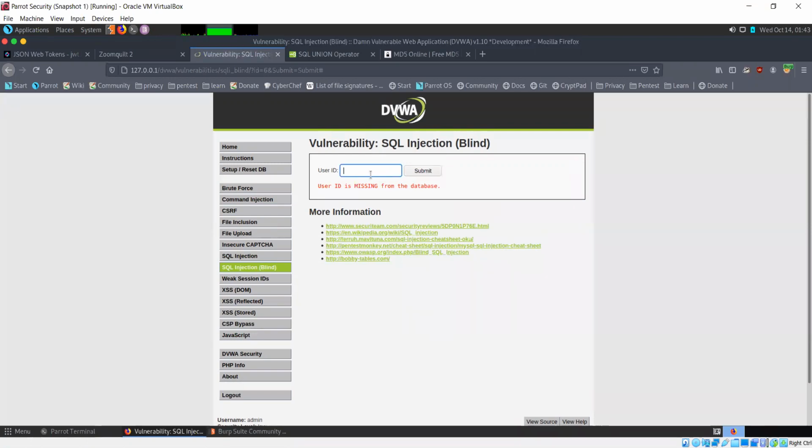If I enter this single quote that I used to check for SQL injection, it will say that the user ID is missing from the database. It's not going to give me an error. It's not going to explicitly show any error messages. It is just going to give me a result in either one of the two forms. Either it will tell me that the user ID is present or the user ID is missing.